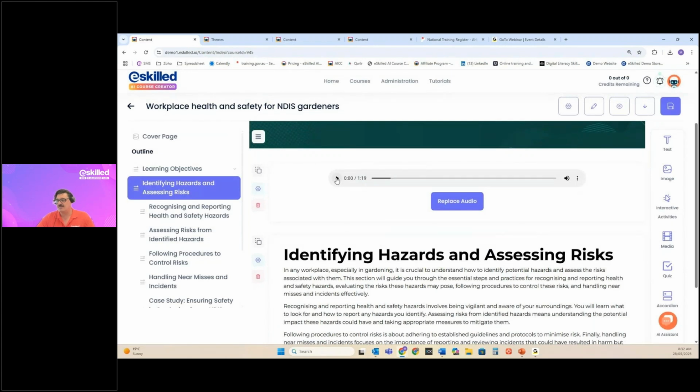1 minute, 19 seconds of reading. So just, this should, let me know if you can't hear this text, but Identifying hazards and assessing risks. In any workplace, especially in gardening, it is crucial to understand how to identify potential hazards and assess the risks associated. so I think what you'll find is any AI generated audio reading out text is actually, they struggle to